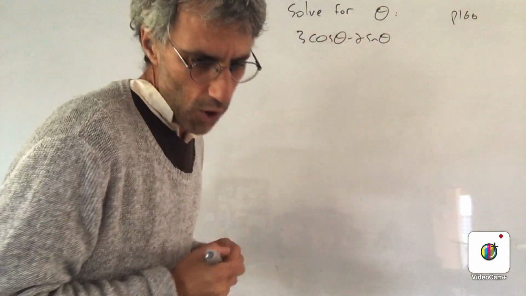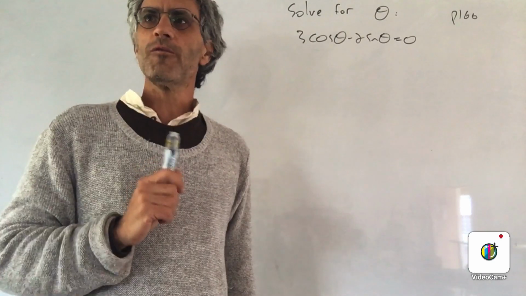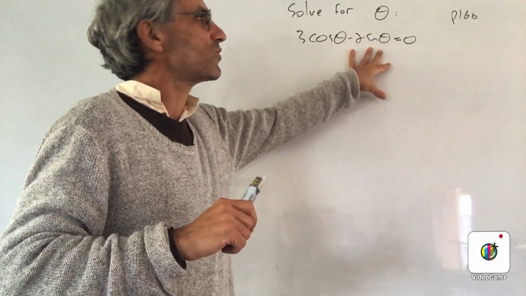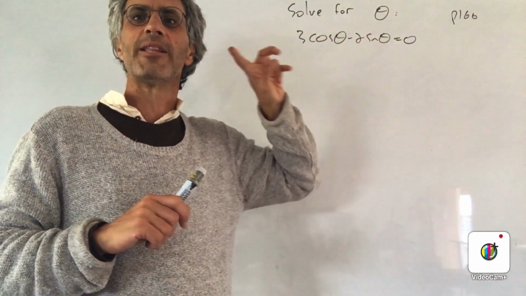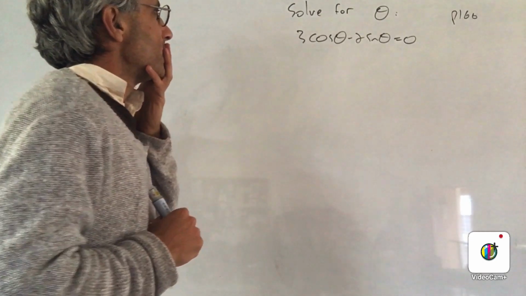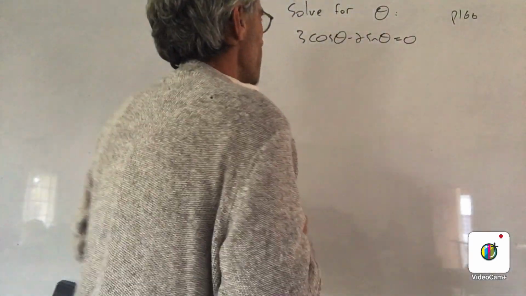Okay? So I've got this equation. Obviously I need to add equals 0, and I want to solve for theta. Now don't get confused. This is not an identity. We don't need to prove that this is always equal to 0. We just need to find the theta that will work for that. Does anyone remember how to do that? No. Okay. Right. So what we're going to do is,